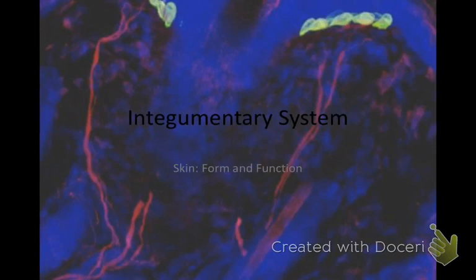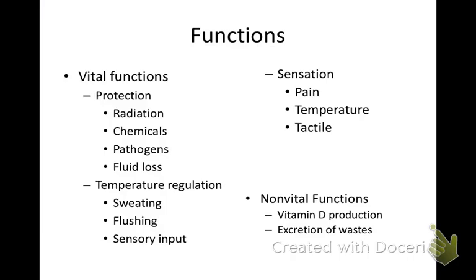Okay, this is a lecture on the integumentary system. So if we look at the functions of the integumentary system, we see the vital functions include protection from radiation, that's ultraviolet radiation. You remember melanin does that. Protection from chemicals, toxic chemicals are not easily absorbed through the skin. Protection from pathogens, and I think most importantly, protection from fluid loss, because if you lose that waterproofing barrier of